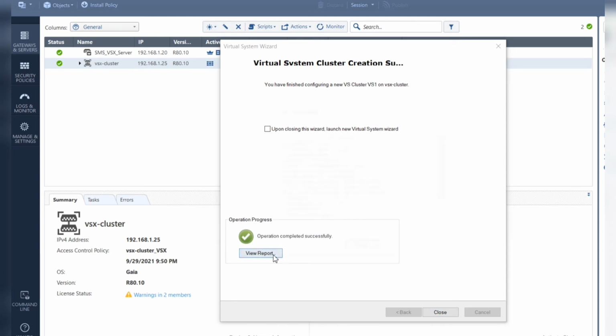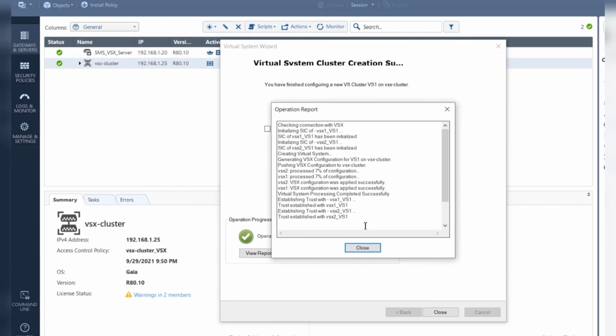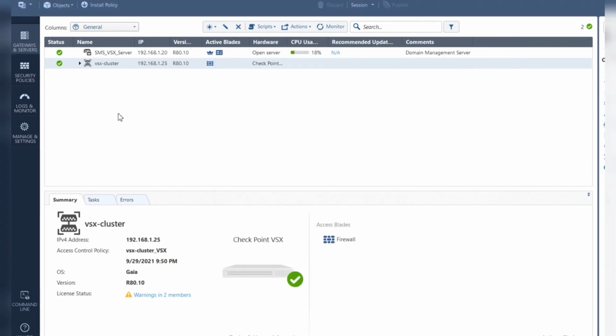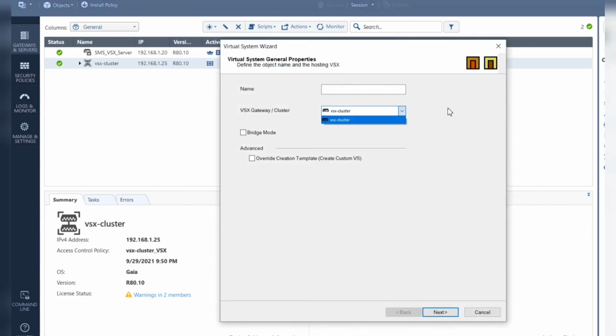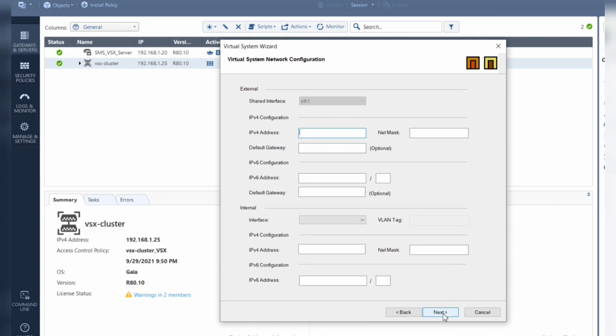All right, generating the virtual system topology. Establishing the trust. Okay, it's completed. If you want to see the report, you can see all the phases from here, but we are good, so just close it. Now let's see if we can create one more virtual system quickly. Virtual system, say vs2, sorry,